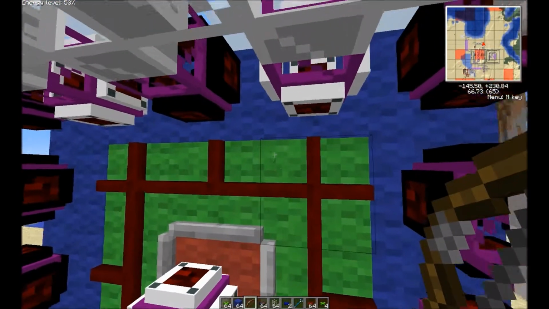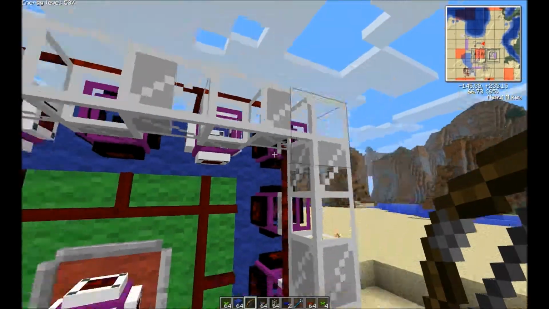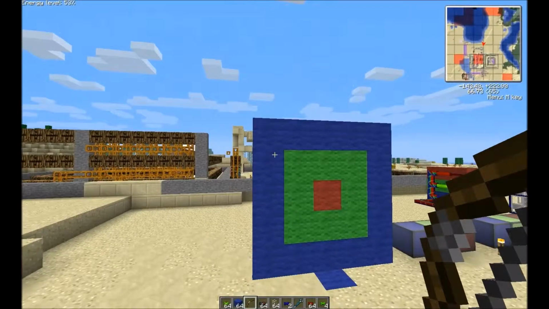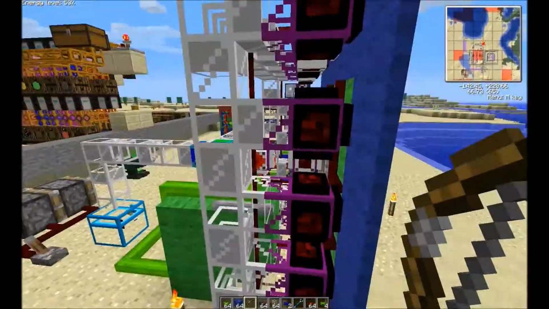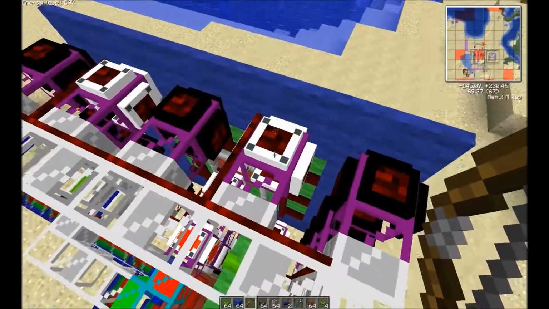Now, this did present a problem, as the corners here, there's no way to get a redstone wire to those corners without adding more stuff to the outside. I really wanted to leave these targets very clean, nothing protruding off the end of the targets here. So the solution I found was to go ahead and add some more iron